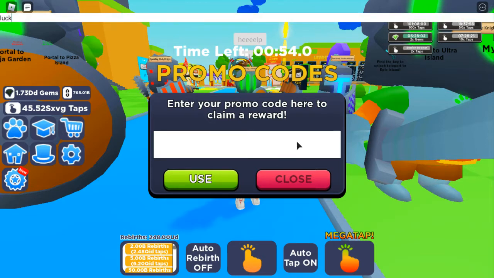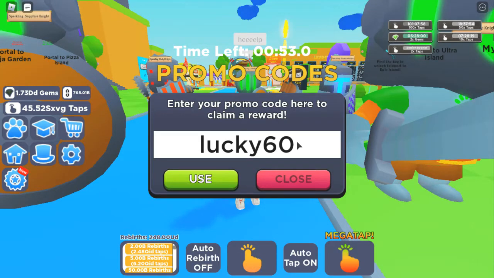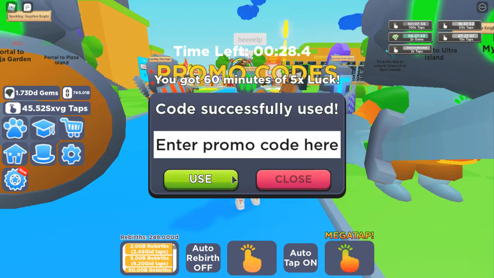Each and every code has the number 60 in it for the 60 million plus visits on the game. Now, I already used all three. Each code is going to give you guys 1 hour of boost. So Lucky 60 is going to give you guys 60 minutes of two times the luck. You're going to click on use, and you can only use these codes once,